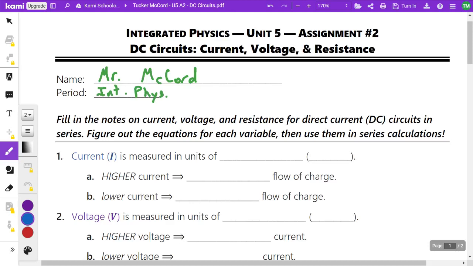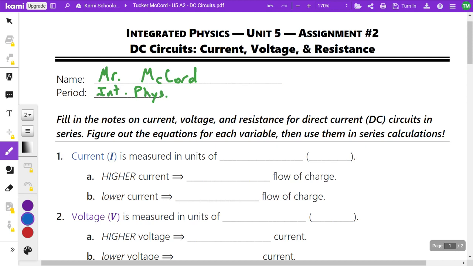In this assignment, we're going to do some notes and practice problems about current, voltage, and resistance in DC series circuits. So let's start with current and voltage and resistance. Current is shown by the capital letter I if we don't know what the measurement is. If we want to show the variable, capital letter I is how we symbolize it in an equation,